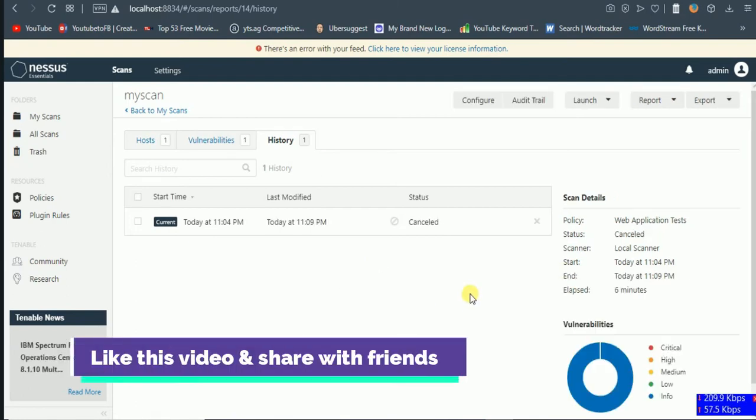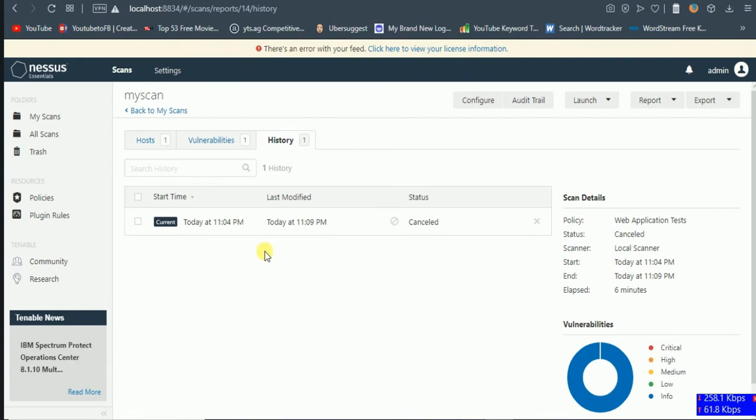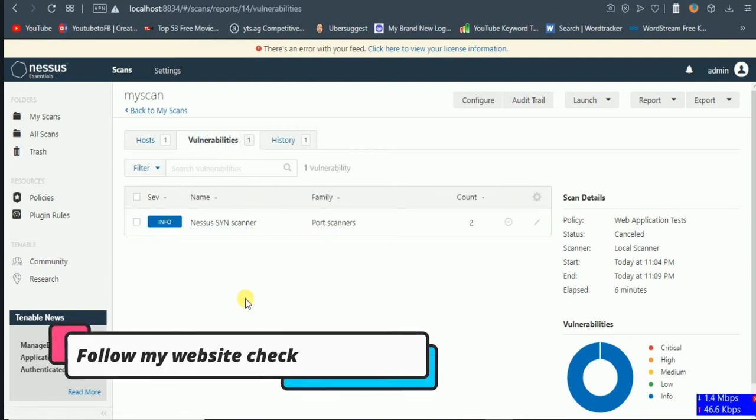Friends, I have stopped the scan because it is taking so long. When you are scanning something, you can wait longer, but for this video I have just stopped this scan. What we have found is one vulnerability called Scanner, maybe it's a false positive.